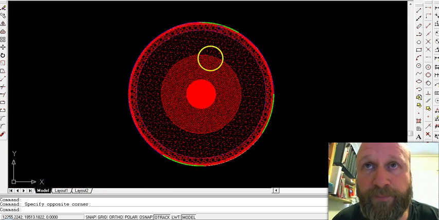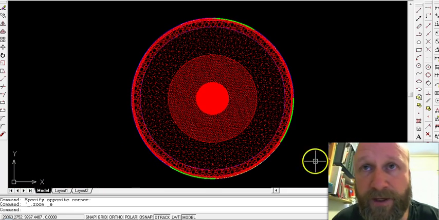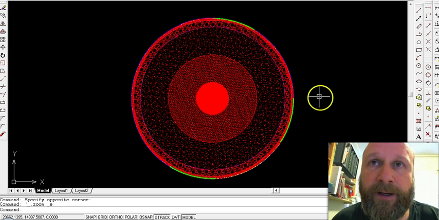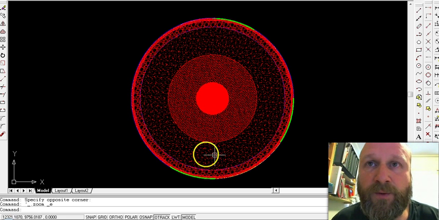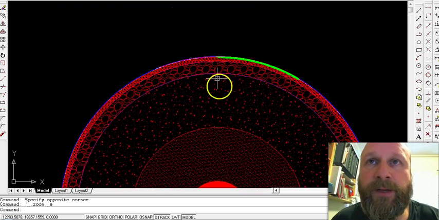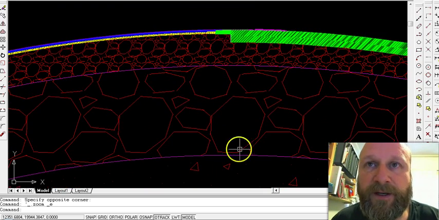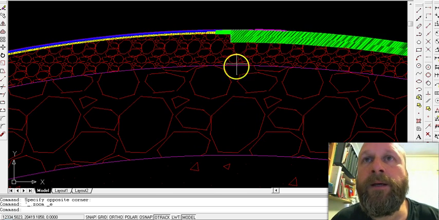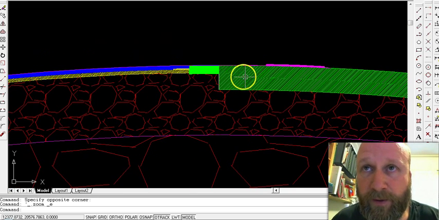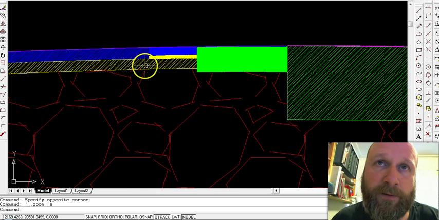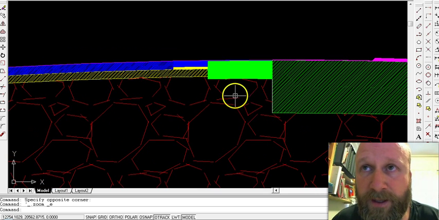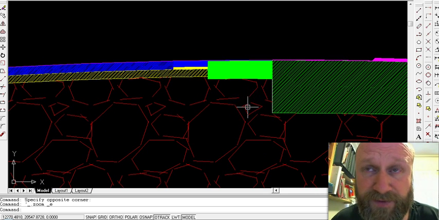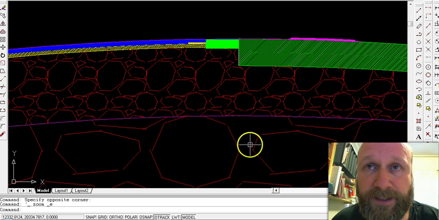What we've got here is a model of the Earth, a cross section through the equator, and 1 millimeter represents a kilometer. So we've got the inner core here, the outer core here, and the mantle, the third layer. If we zoom in, we've got the asthenosphere shown in this region here, and then in green the continental crust, and in yellow the oceanic crust, which is the lithosphere. The oceanic crust and the continental crust represent the lithosphere, and the area beneath it is the asthenosphere.